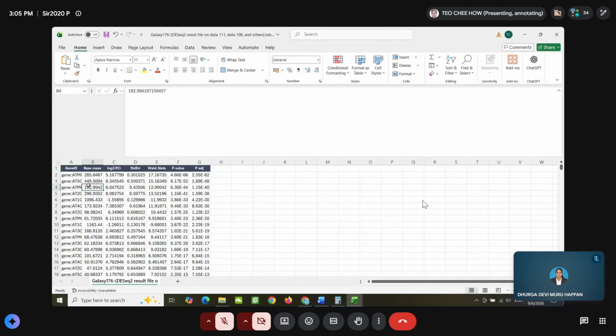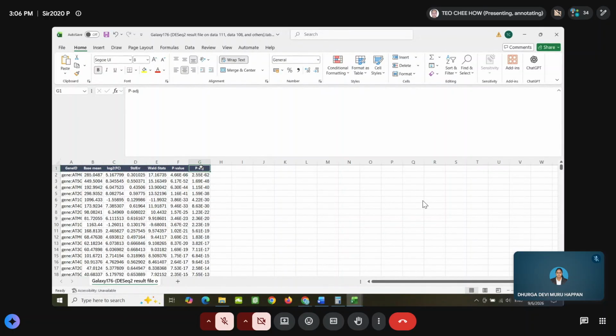Yeah, so now you have the gene ID. So then we know how many genes are differentially expressed, right? You want to know how many genes are differentially expressed. So what you need to do is you still need to do a filtering, because in there they put everything, right? So you want to know how many are differentially expressed.